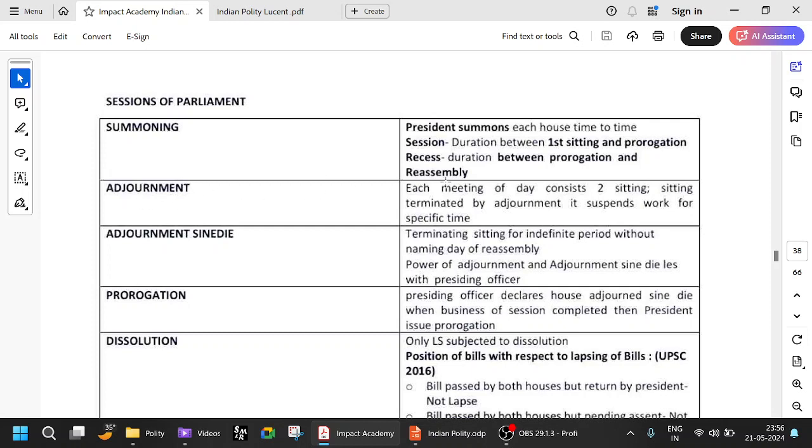Okay. Adjournment means each meeting of a day consists of two sittings. A sitting is terminated by adjournment, which suspends work for a specific time. That is adjournment. So every day there is going to be adjournment. And adjournment sine die is terminating a sitting for an indefinite period without naming a day of reassembly. Okay. So the power of adjournment and adjournment sine die lies with the presiding officer. That is, if it is Lok Sabha, the Speaker, and if it is Rajya Sabha, it is the